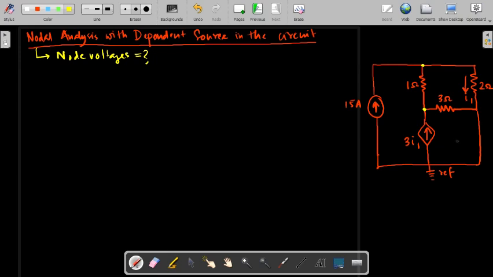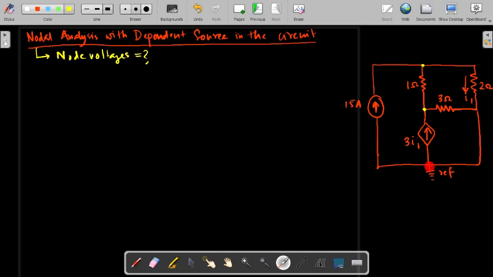And anything else? Yes sir, the junction between the 2 ohm and 3 ohm. This point, this one you were saying? Yes, sir. But you see one thing, this point is connected directly with this reference. So therefore this is not a node, because